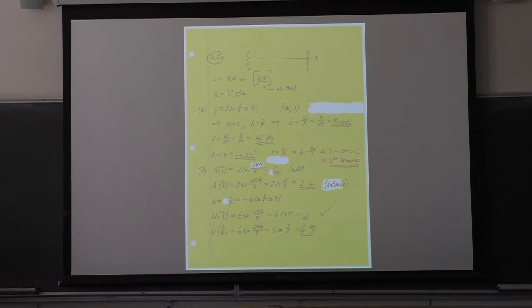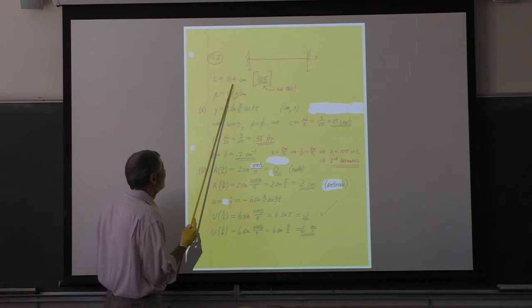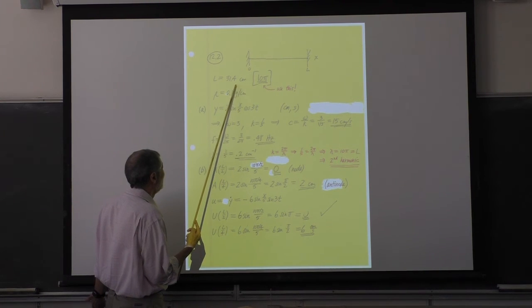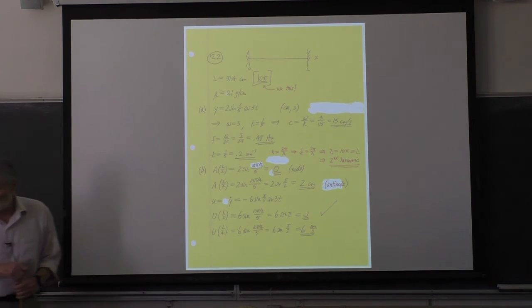It's probably happened before. Has it happened before in the book? I think we've encountered that. So what they really mean, and they should have just said this to be more accurate, is that this is rounded. It really is 10 pi. So you should think of the length as